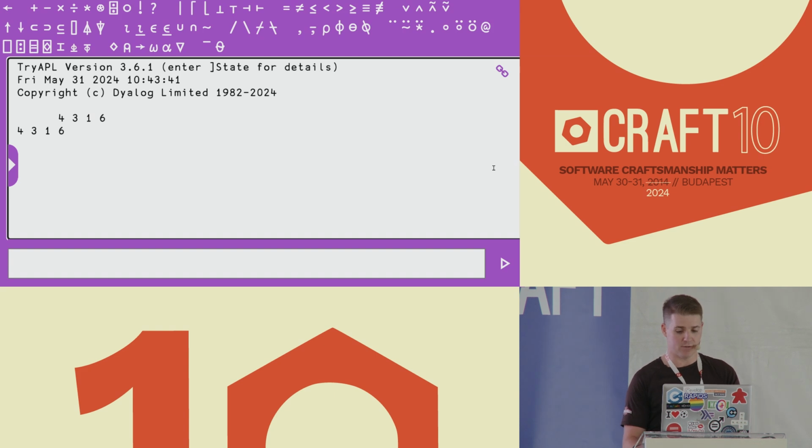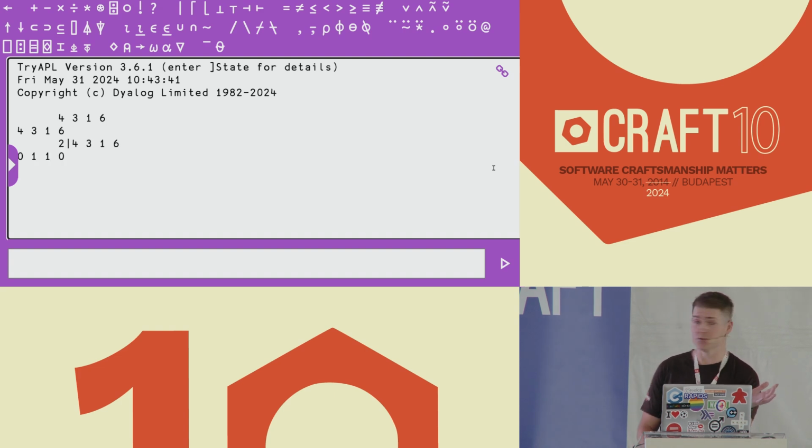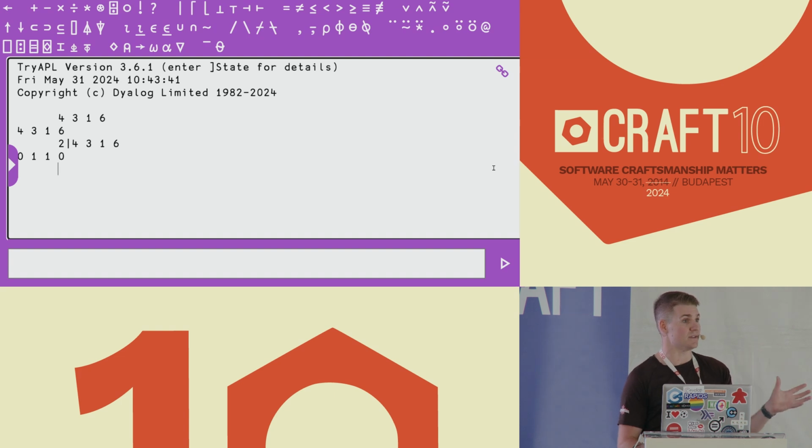So the first thing we want to do is check if this is odd. So this is 2 modulus. And that gives us back a list of zeros and ones. So 1 means it's odd, 0 means it's even. So pretty simple. Two characters, and we're already like halfway through our problem. The next thing we want to do is look at two elements adjacent to each other at a time. So there's something in APL called an